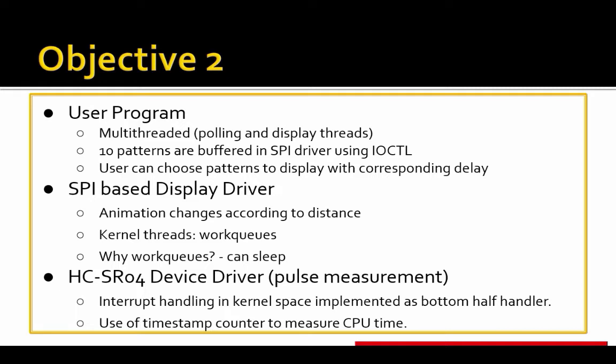The next device driver is for pulse measurement. In this case, interrupt handling is used in kernel space, and a work queue is implemented as the bottom half handler. The bottom half is basically a routine that is scheduled by the top half to be executed later at a safer time. This facilitates fast operation. So we can submit our task to the bottom half and our normal thread can carry on the same work.